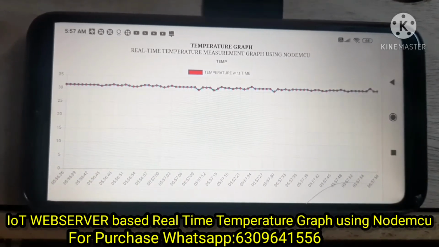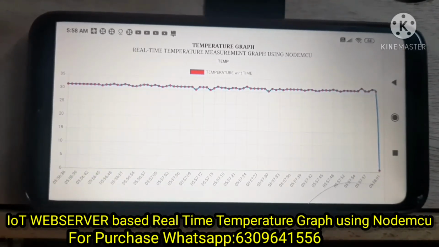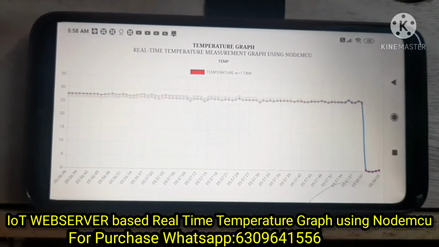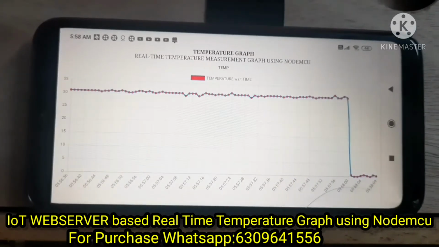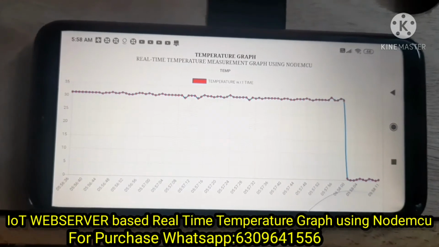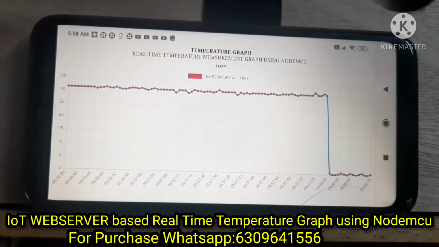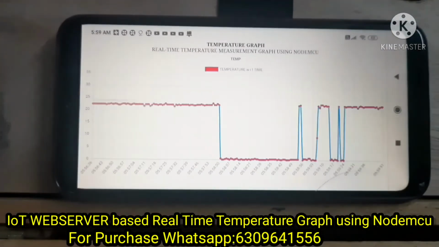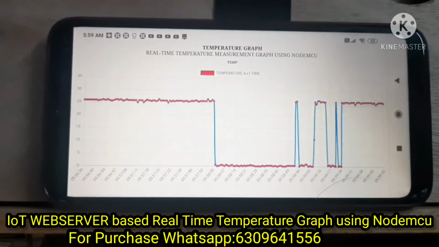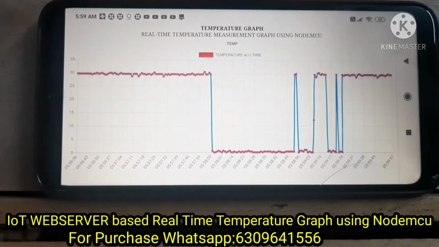For example, observe the change here. So in this way, you will observe the change in the graph with respect to time.